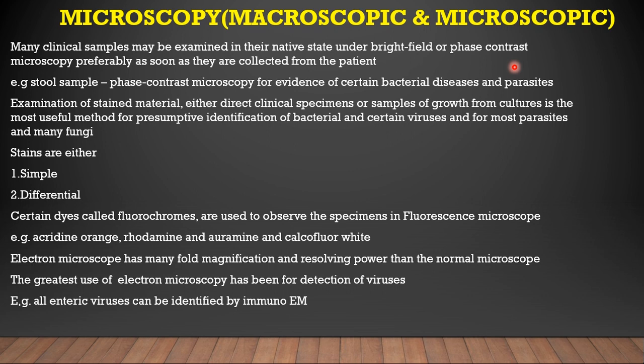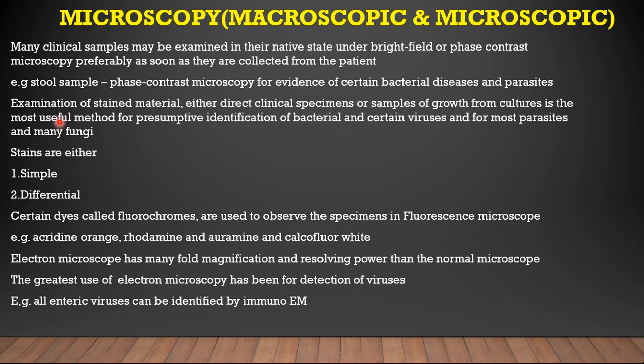Then the clinical materials, that means whatever samples were taken, may be slightly modified to facilitate direct observation. That means we use certain chemicals like 10% potassium hydroxide to distinguish fungal elements. In the same manner, we add India ink or nigrosin stain to detect encapsulated yeast, and Loeffler's methylene blue is also used to wet mount feces for determination of the presence of leukocytes. So these are the extra materials used to modify samples to facilitate direct observation.